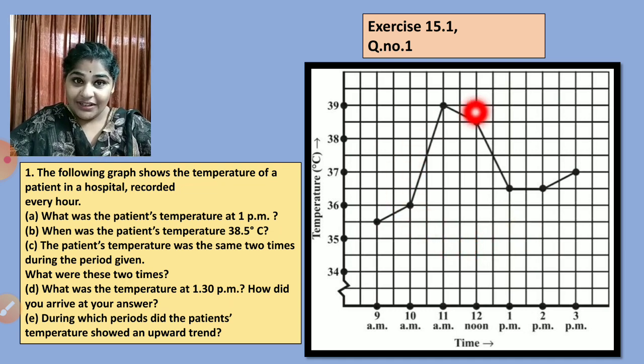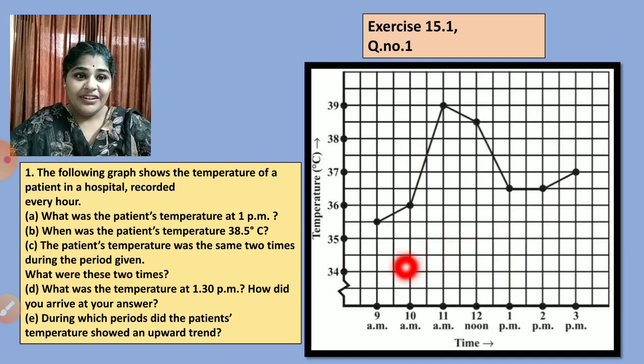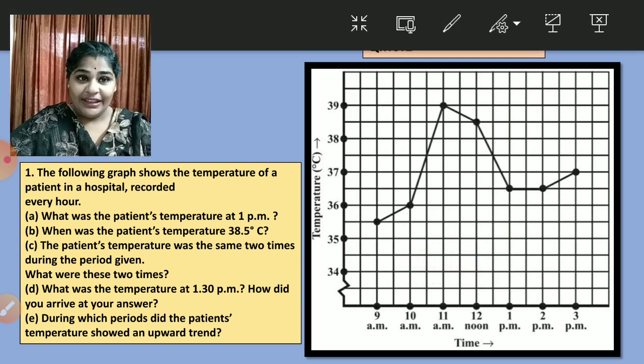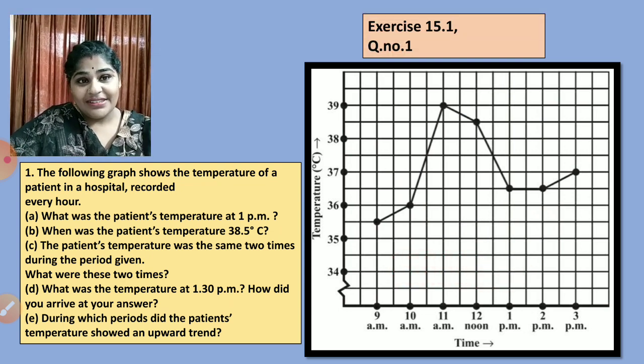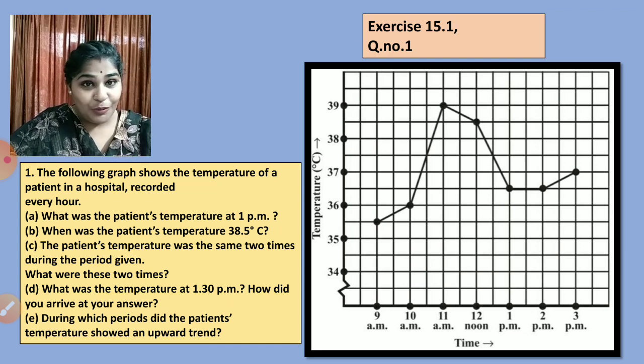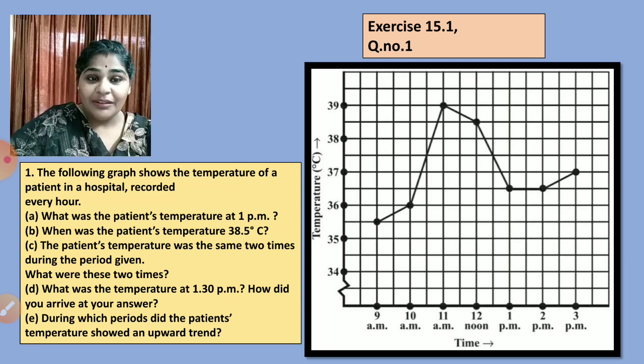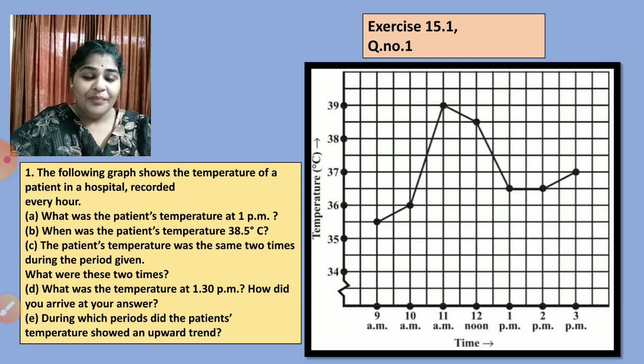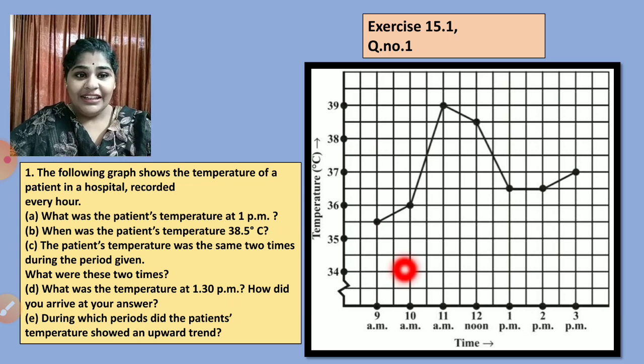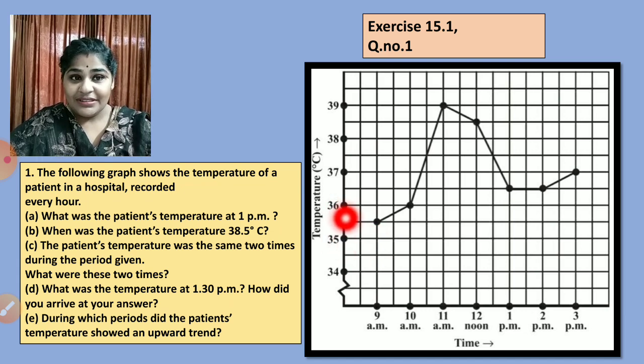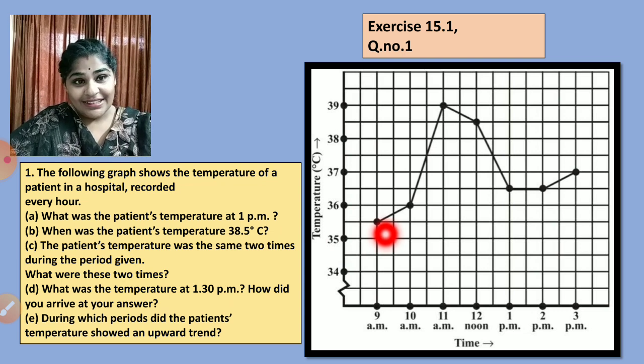First let us study the line graph given. Here you can see time is taken on the x-axis, and on the y-axis temperature is taken in degrees Celsius. And 0 to 34 there is no data, so it is shown by a broken or jagged line. Now children, at 9 a.m. the temperature was, after 35 there is directly 36. That means this middle line shows 35.5, right? So it was 35.5 degrees Celsius.